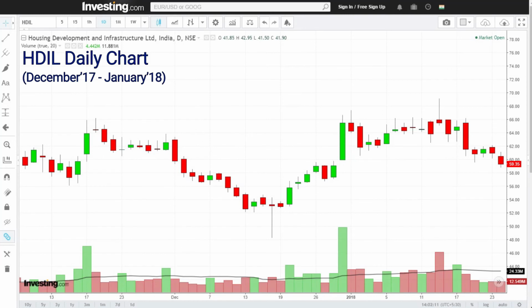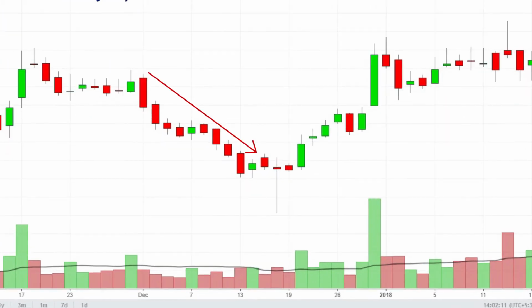Now let us begin with the hammer. Here we are looking at the SDIL stock chart. As you can see, earlier there was a downtrend, then we saw this hammer like candle. What happened? The body is quite small and the lower shadow that we have here is quite big. It is not only more than the double of the body, but it is much more than that. Now on the second day after this hammer is formed, we can see that a green candle is formed and the price moves higher than the high of the hammer.